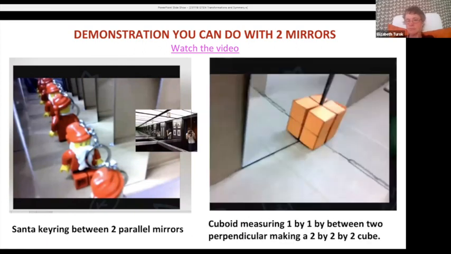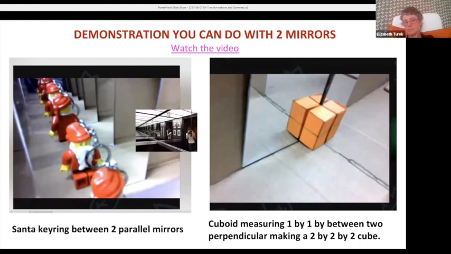And then here is a cuboid, a 2 by 2 by 2 cuboid, but actually it isn't that at all. It's what we see, of course, but what we see is 3 reflections. We see a cuboid that is 1 by 1 by 2,